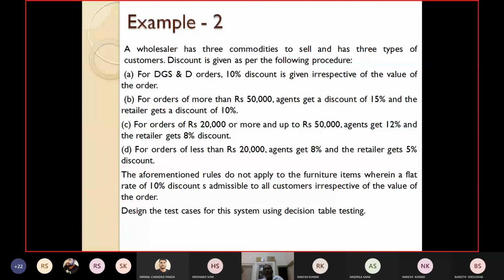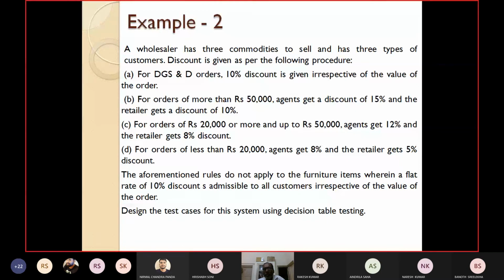For DGST orders, a 10% discount is given irrespective of the value of the order. How much may your purchase order be? If it is a DGST order, you will get a 10% discount. For orders of more than rupees 50,000, the agents get a discount of 15% and the retailer gets a discount of 10%. In many cases agents are involved.